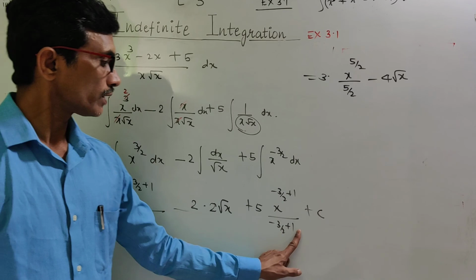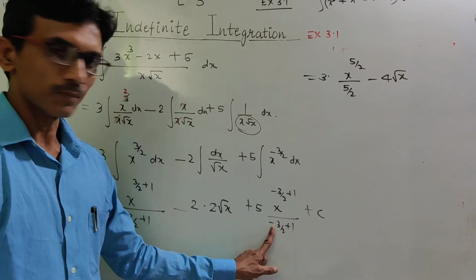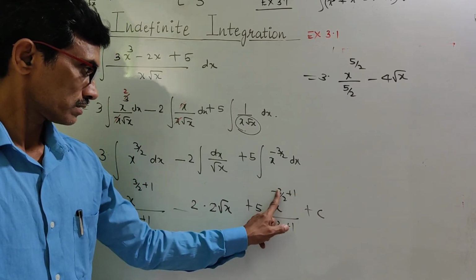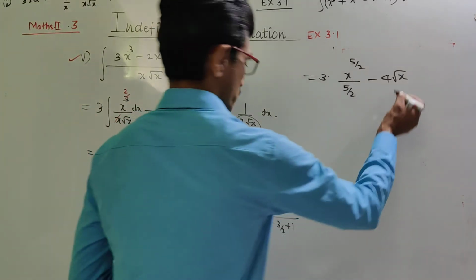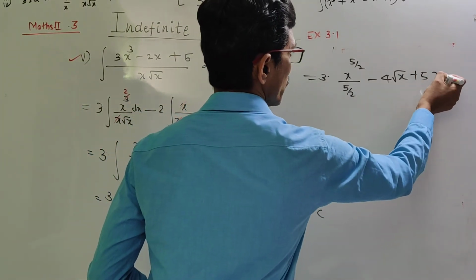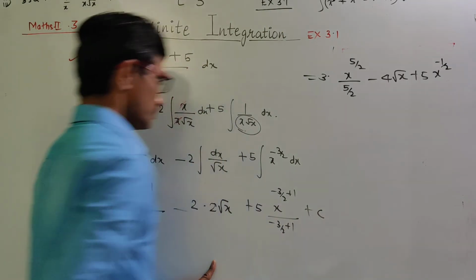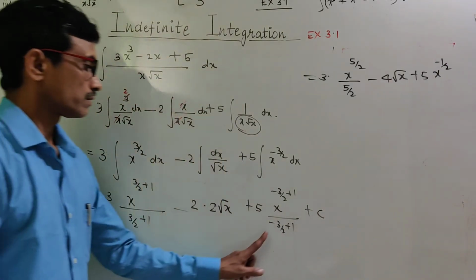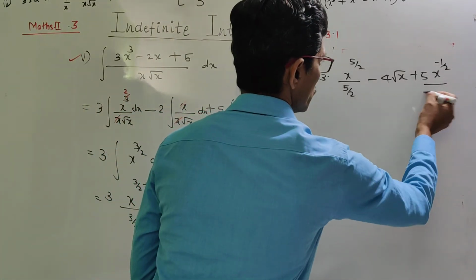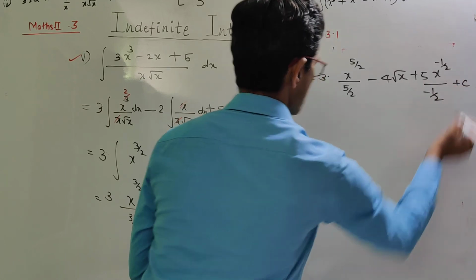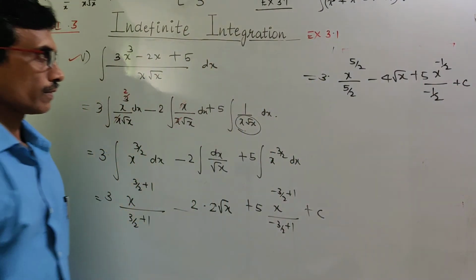See, minus 3 by 2 plus 1, which is minus 1 upon 2. Here it is minus 1 upon 2, plus 5 into x raised to power minus 1 upon 2, here minus 1 upon 2, and plus constant of integration c,